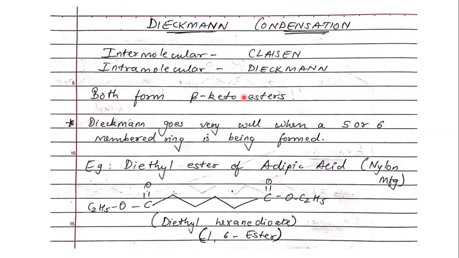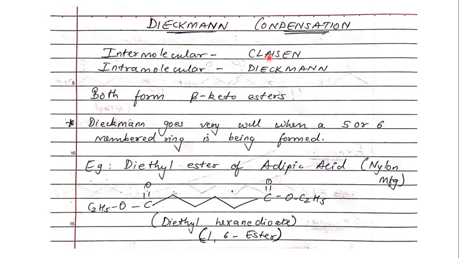We'll go back to your Dieckmann condensation. This is another type of condensation reaction with esters only. It is quite similar, almost 90% similar to your Claisen condensation. The only difference being, in Claisen condensation, it was an intermolecular condensation reaction wherein there were two molecules. The two molecules would be same or different, cross Claisen or similar Claisen. Whereas in Dieckmann, it is going to be an intramolecular condensation. Intramolecular meaning you are only going to use one starting material. That one starting material itself will undergo intramolecular rearrangement or condensation, to give you a beta keto ester.